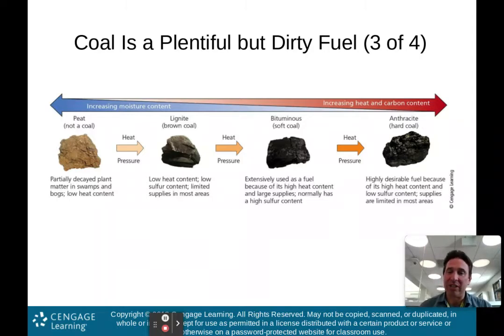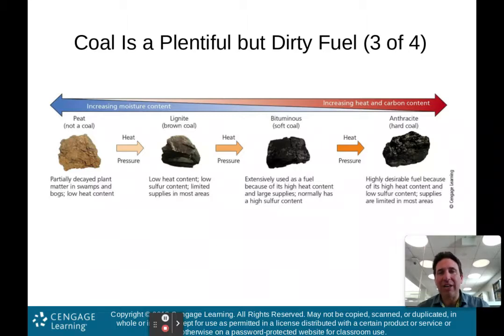They'll go into these peat bogs and cut the peat out of the ground, carry it home, and then actually burn it. You add a little bit more heat and pressure, and then we have something called brown coal. This has a low heat content, low sulfur content, so a little bit cleaner, but limited supplies of this